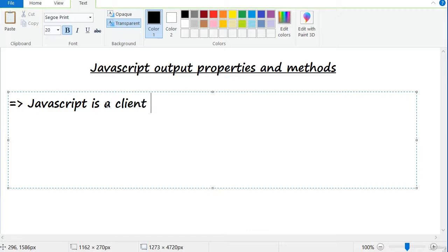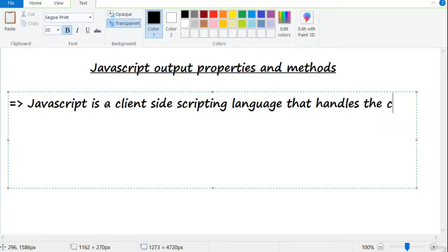JavaScript is a client-side scripting language that handles the client interactions on the client browser.